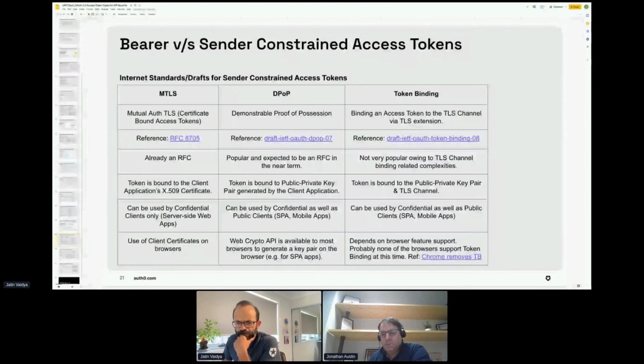Okay, then the next question from Abdul is how to ensure requests received and proxied by the API gateway have not been tampered with during transmission from the API gateway to the backend. Do we need a second token between the gateway and the backend, or can we use the same token coming from the API client? Yeah, so this is a very good question.